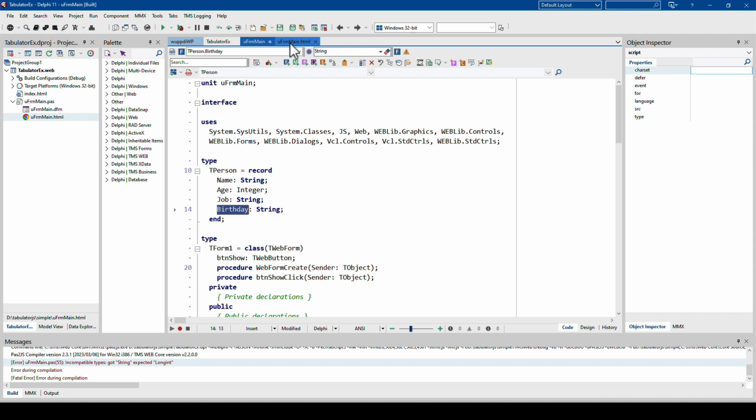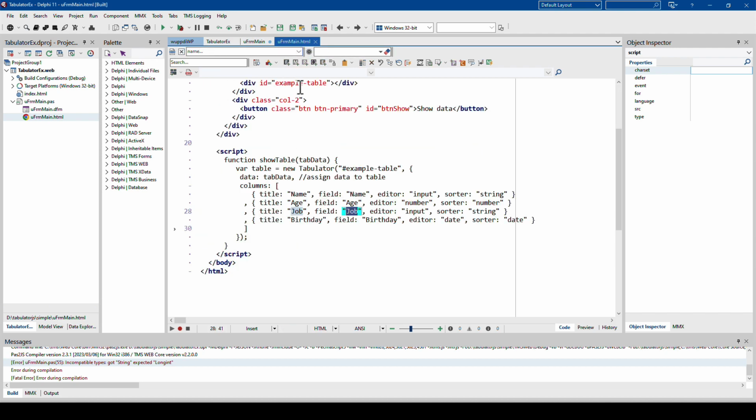They have to be correctly capitalized too, because JavaScript is not case insensitive, it is case sensitive, unlike Delphi. So we have these fields. And in addition, I also specify that I want to be able to edit this by specifying editor input, which is a normal text input, editor number, which is a number input, input again, and then here editor date, same thing.